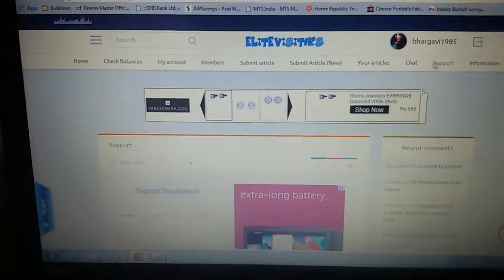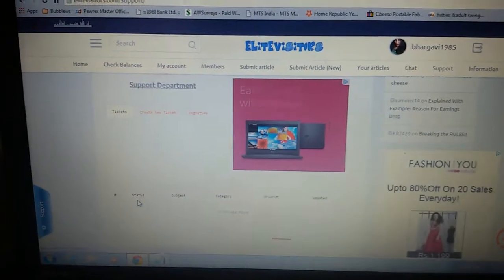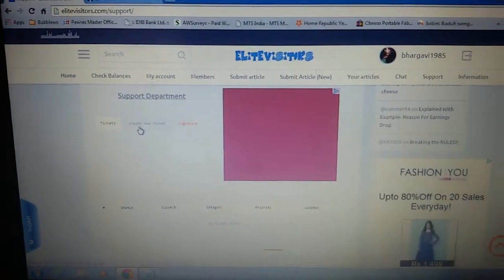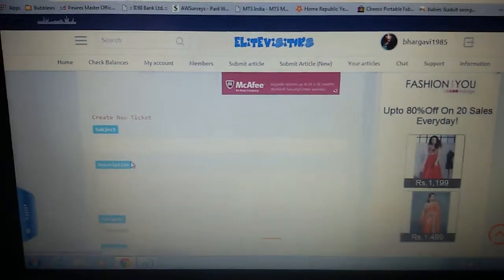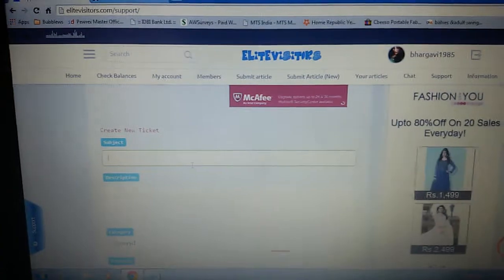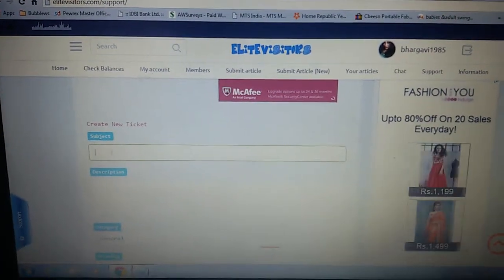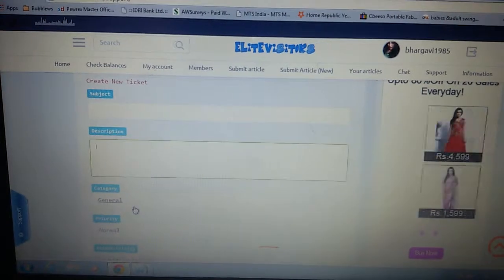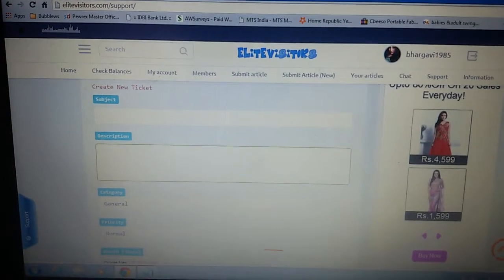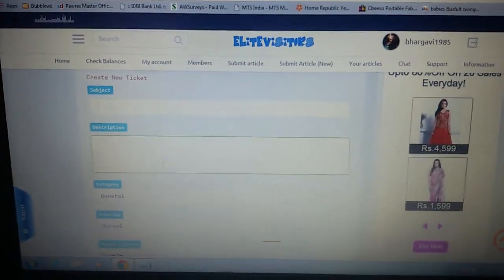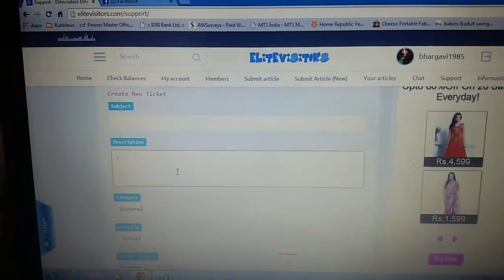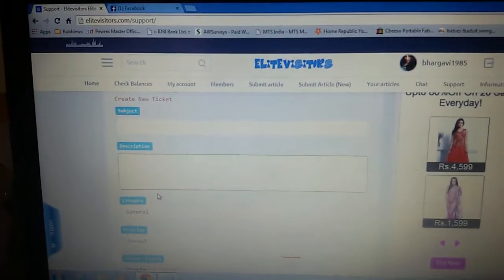Okay, and we have this page here. It has tickets, create new ticket, and signature. I'm selecting create new ticket. Here come the options. You just give the subject, the username of the person you want to report, maybe his URL, or just reporting spam comments. That's enough. Give a description, username, and also the member URL, the profile link of the person if you have it, and just tell the admins in which post he or she has spammed. If possible, give the post URL also.